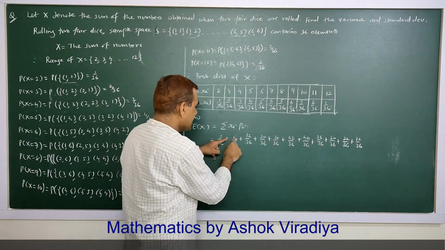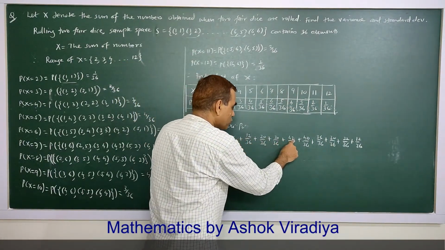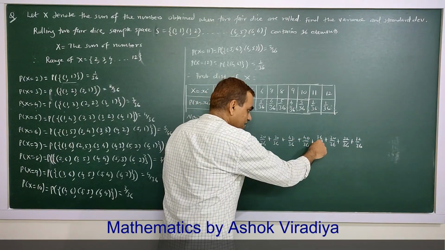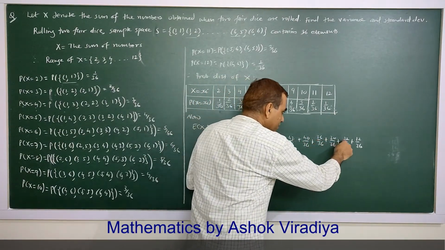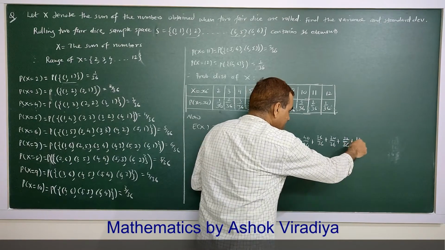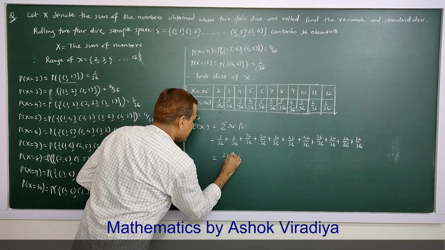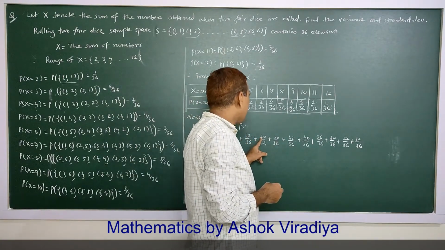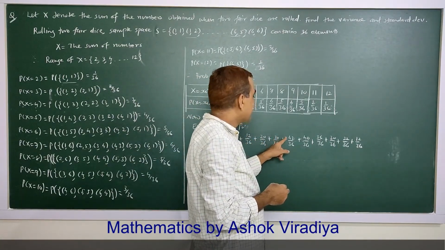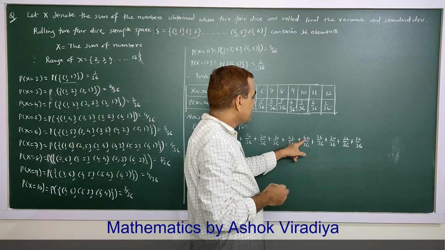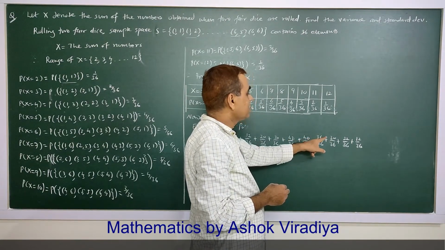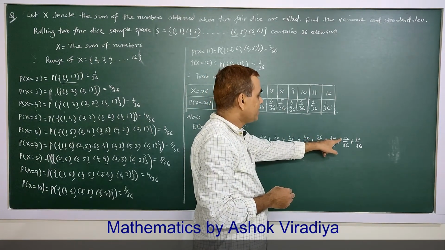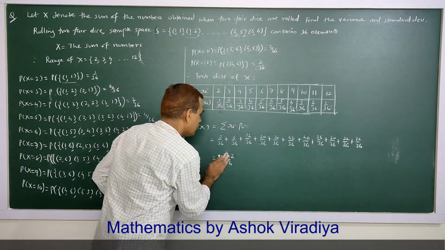Sorry, again: 2 plus 6 is 8, 8 plus 2 is 10, 10 plus 2 is 12, 12 plus 6 is 18, 18 plus 2 is 20, 20 plus 2 is 22. Put here 22. Then 2 is left. 2 plus 1 is 3, 3 plus 2 is 5, plus 3 is 8, plus 4 is 12, 16, 19, 22, 24, 25, so 252.